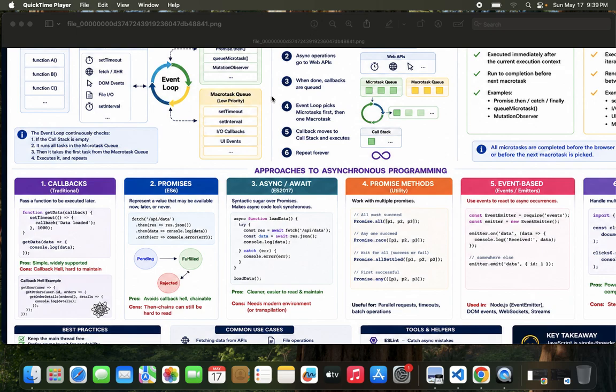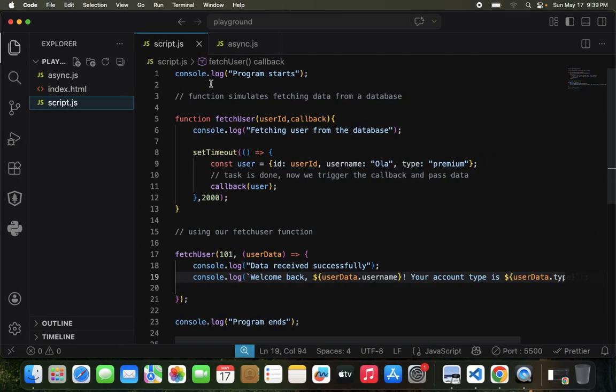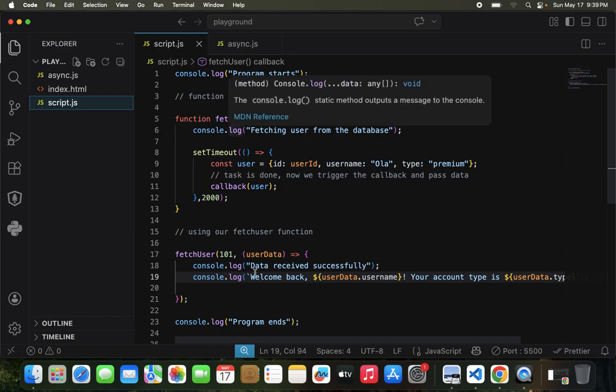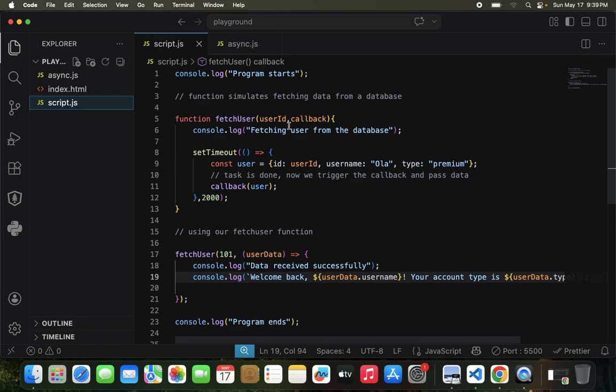Okay, now let's go back to our Visual Studio Code. We have this in our script.js. Now we have this program. On line 1, we have this console.log statement. Line 5, we have this function fetchUser. It takes 2 parameters, userId, then callback. Then we're logging this information, and then we have the setTimeout